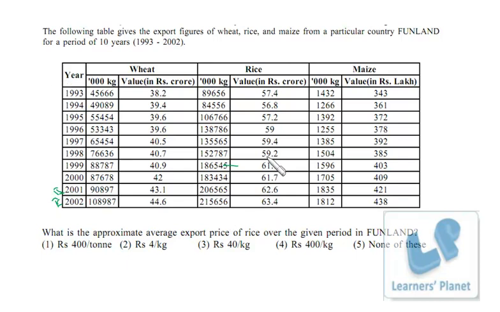Okay, but if we see the options, the options are quite far away, so you can get an around idea of the average price, right? See here, it is 400 rupees per ton. 1 ton is equal to around 1000 kilograms, so 400 per ton means 40 paisa per kilogram over here. Here it is 4 rupees per kilogram. 40 and 400, right? So we can get an around idea, right?